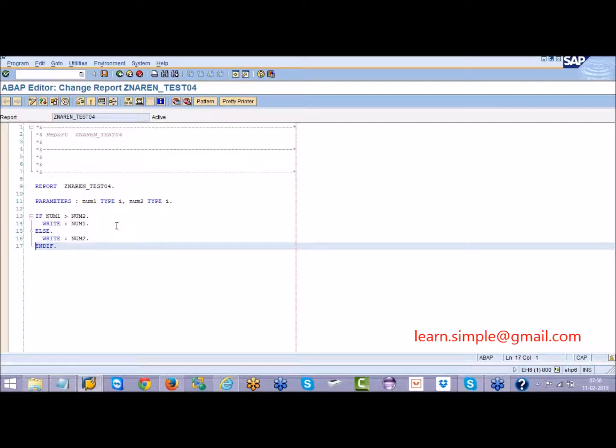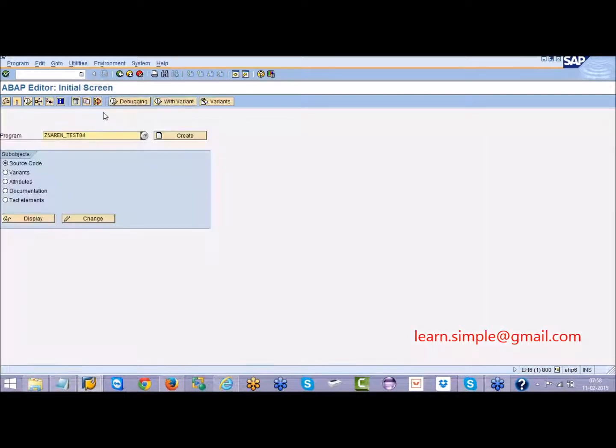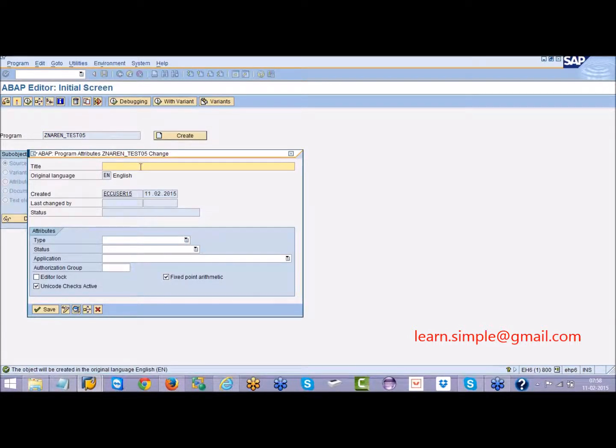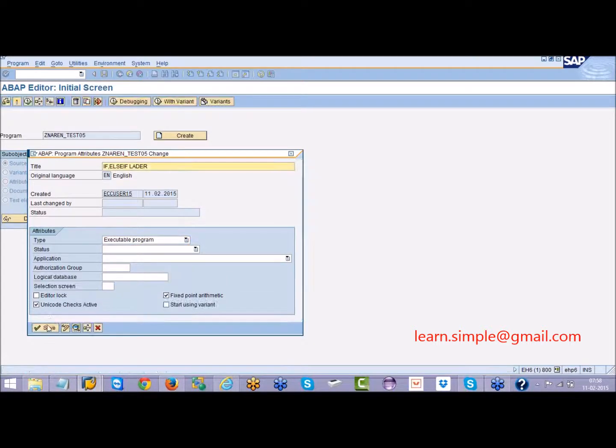Sometimes what will happen, maybe I'll create a new program to explain the if else if ladder. There is something called the if else if ladder. What is this if else if ladder?